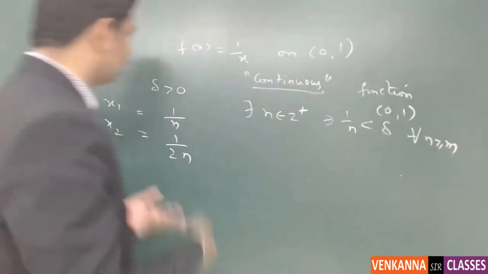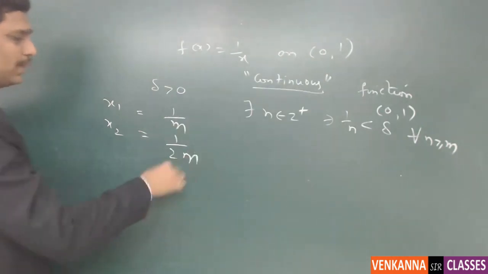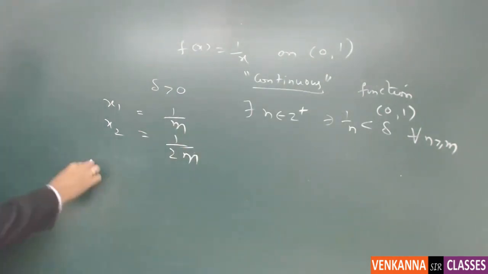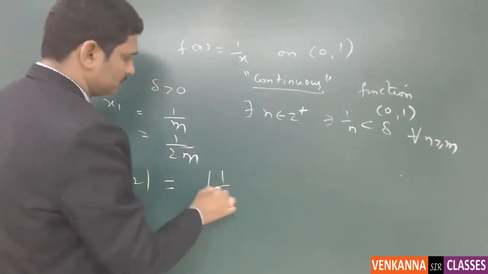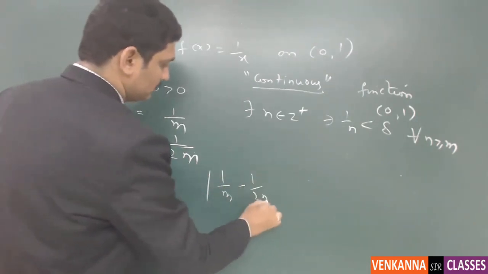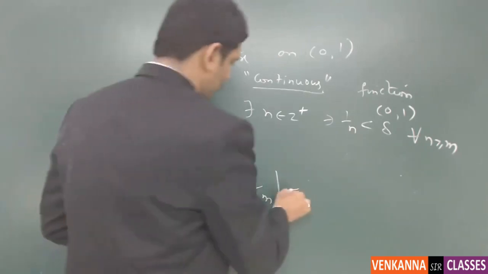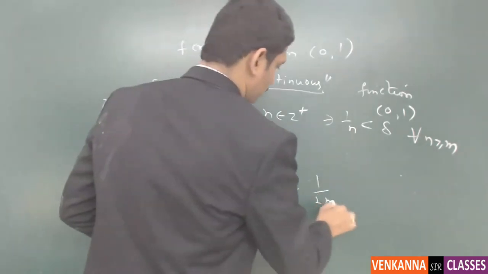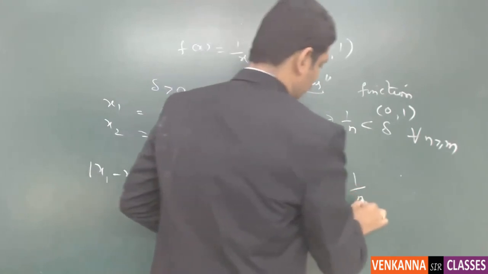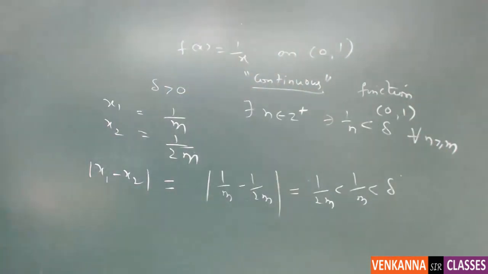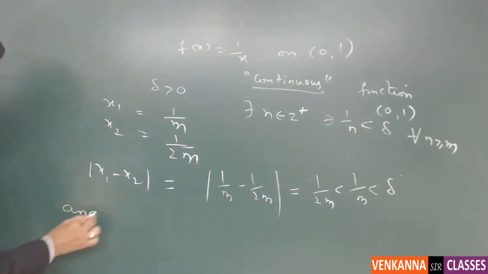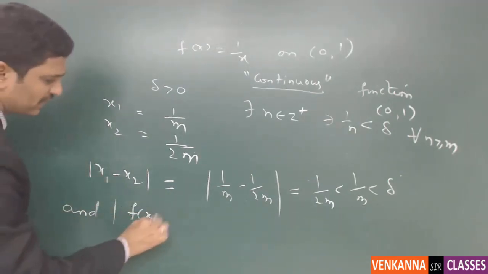So you can take one value as m, another value as 2m. If you consider mod x1 minus x2, which will be less than delta, and if you consider f of x1 minus f of x2,